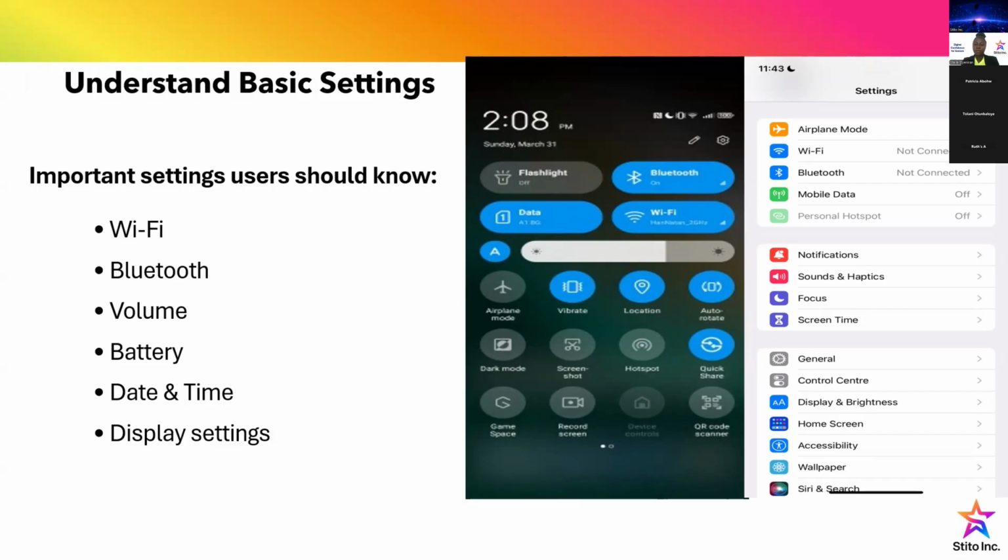Wi-Fi helps us to connect our devices to the environmental internet network. Let me explain that. Wi-Fi helps us to connect our gadgets, our devices, our smartphones, our computers, our tablets to an environmental network that is available. We have to be very careful to be sure that it is the right network that we are connecting to on Wi-Fi. We'll go there when we check our Wi-Fi in the practical sessions, and you will see how to identify which one is your own network and which is not.